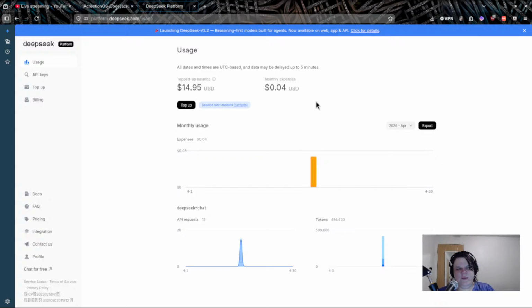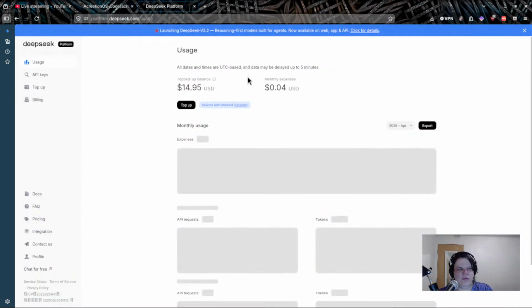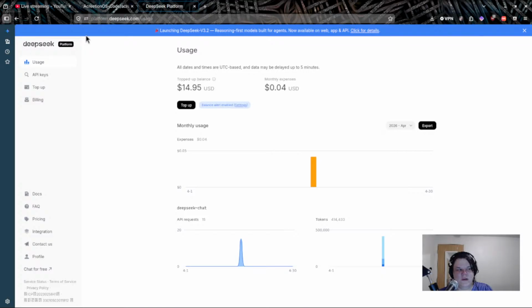The cool thing about doing it this way is that I can start putting together different models I want. There are also platforms that allow you to do them separately, and they essentially function like a proxy, taking the models, putting them on their own servers, and serving them for cheaper prices. Be careful though, some of those are going to serve older versions. If you want the latest and greatest, just go to the source. That's why I went directly to them, because this is a really good model, and I'm pretty sure it's a stolen model. I have a couple of theories. I'm not going to put that on YouTube.